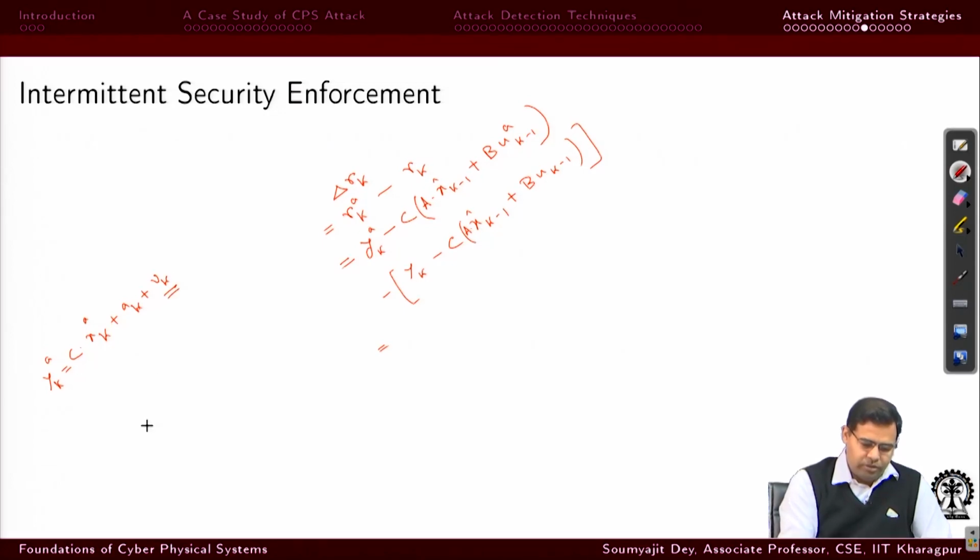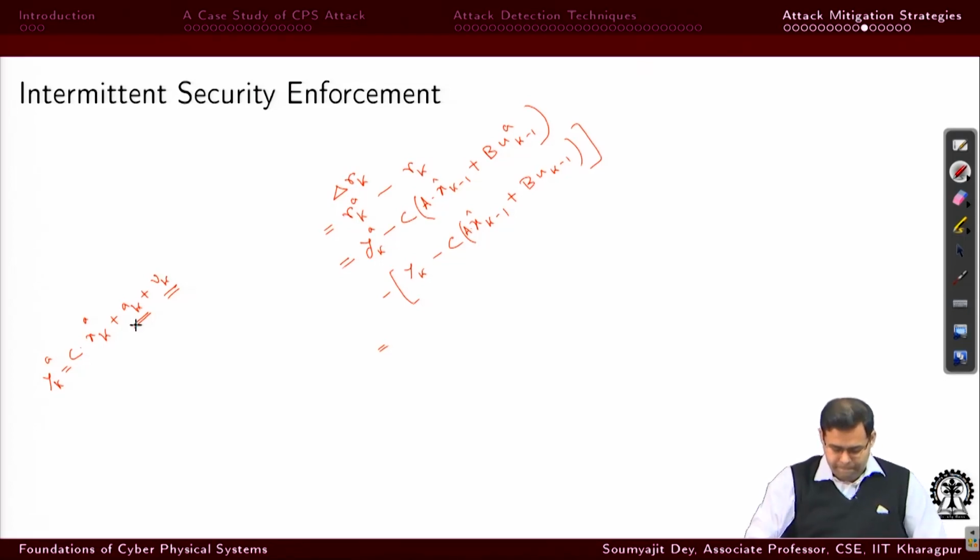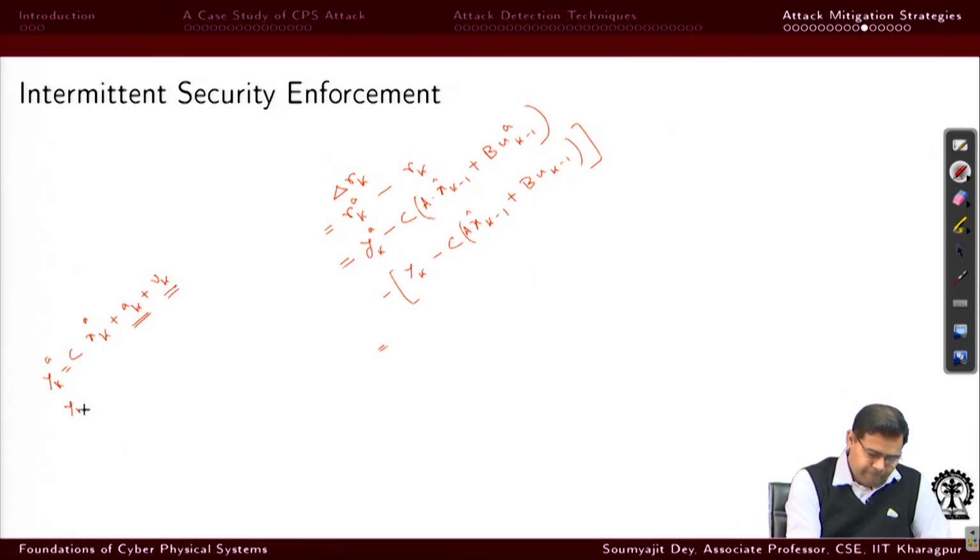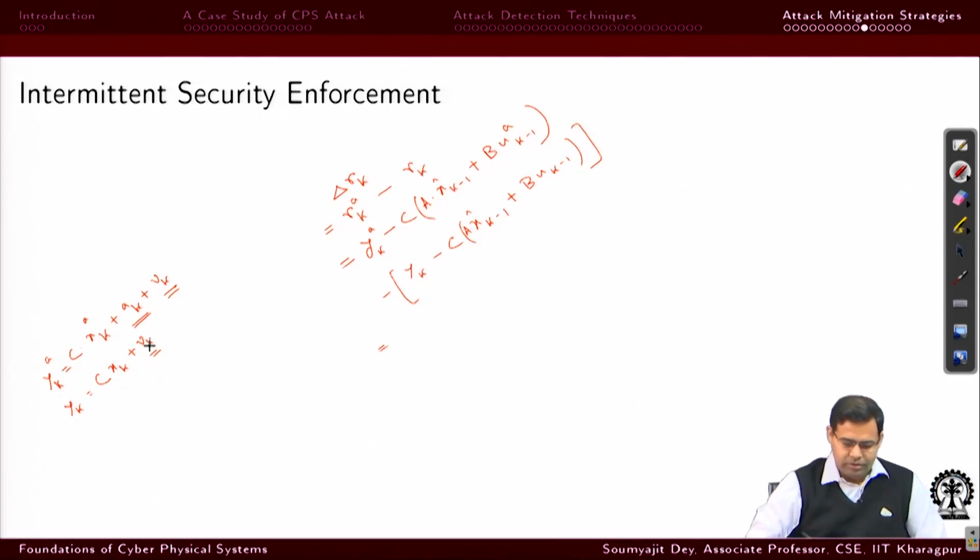This is the measurement noise, this is the attack on the measurement. And we had y k when there is no attack, then we simply have this, which is again the measurement noise there. So, if you substitute all those values,